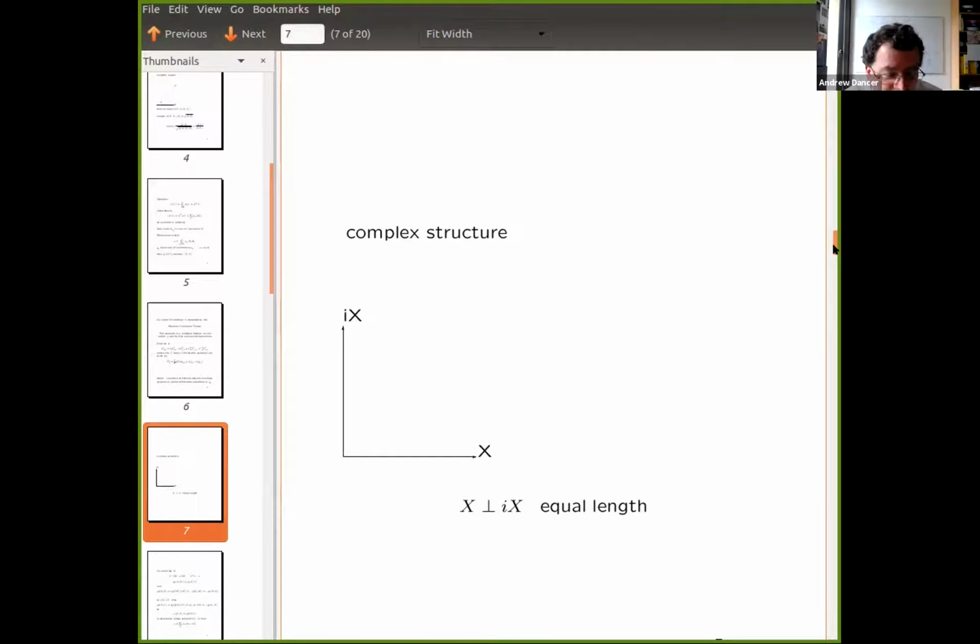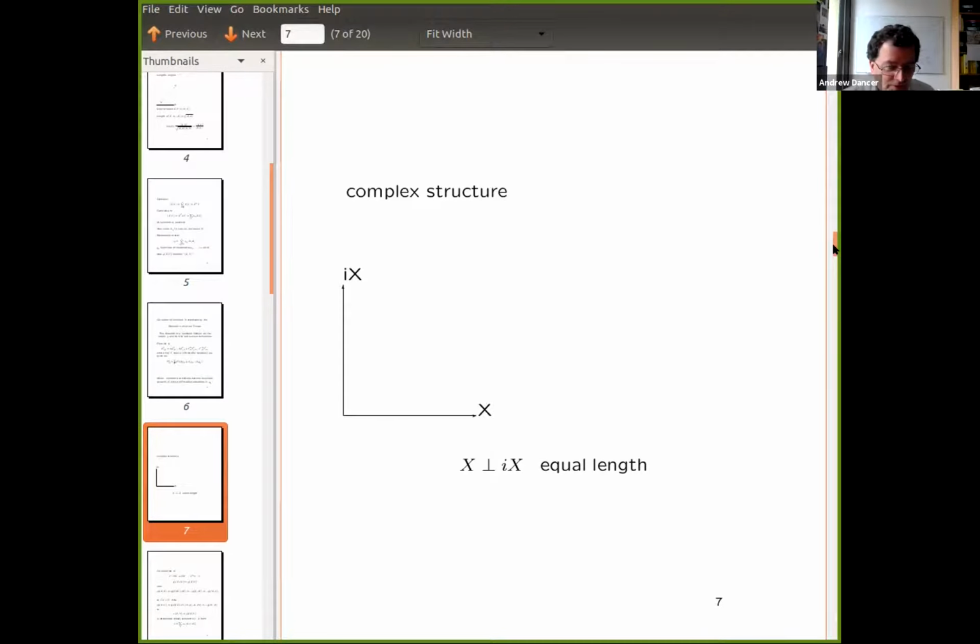Now, again, it's profitable to go back to very elementary Euclidean geometry here. Suppose we're working in the complex plane, so R^2, the plane, but now the points are viewed as complex numbers, a + ib. If we have a vector, then of course I can multiply that by i, and that just rotates it through 90 degrees. So the key point for our purpose is that x is orthogonal to ix, and x and ix have equal length. So again, we can take that elementary concept and globalize it to the concept of a manifold.